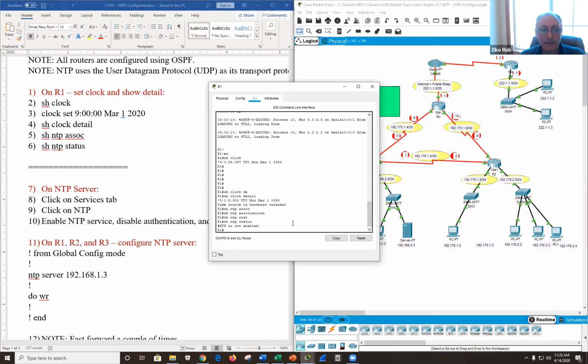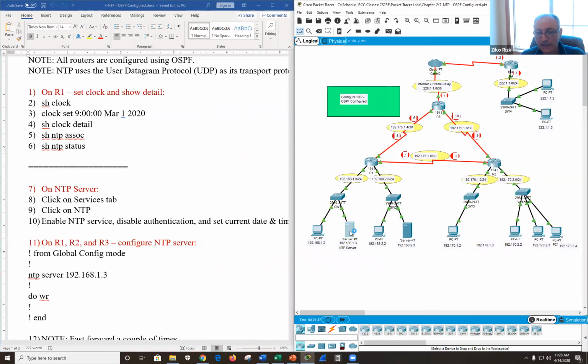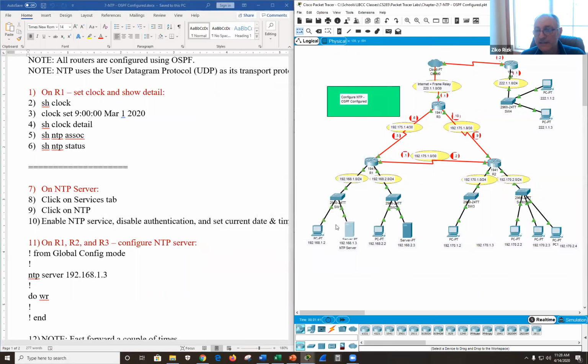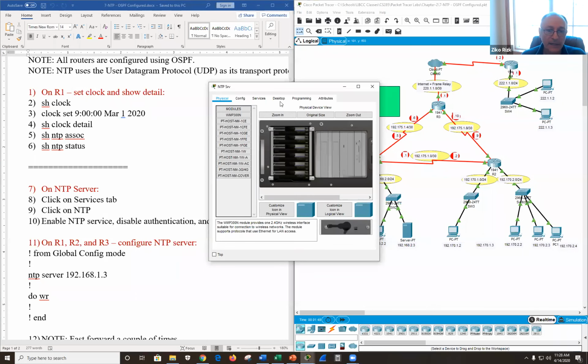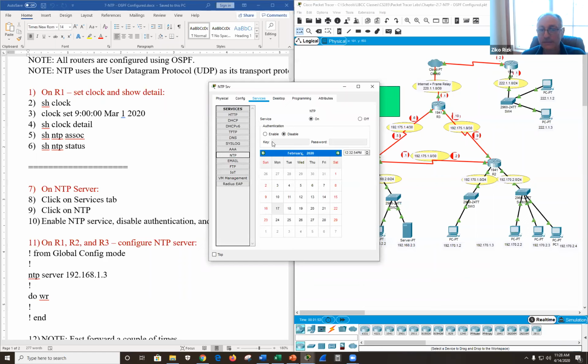And that's what we want to do. We want to enable NTP. So on the NTP server, right here, this is my local master NTP server, which itself could be synchronizing with a higher server. I'm going to go to services and you can see NTP. And it's on. Very good. And let me set the right time. So we are in April 14. Holy cow.